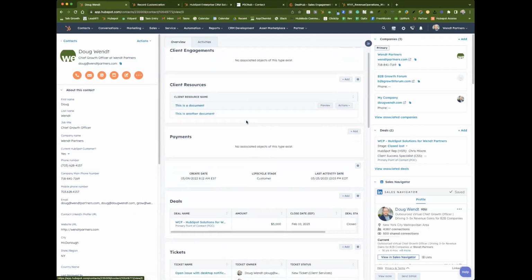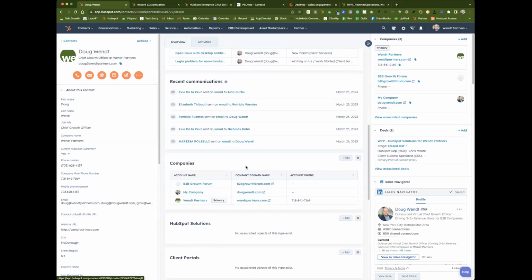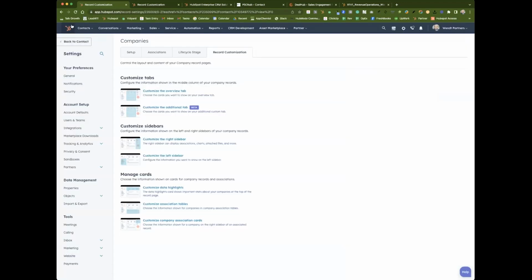As an example, you'll see here we've created some custom objects in our system. This one is a client resource example. So if I want to have a document library of certain resources, I can put that here, and I can organize these in any frame that I want. I can change what actually shows up in the index view. So, this configurability is extremely powerful.